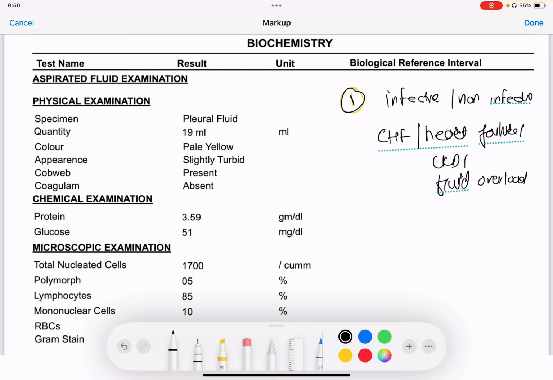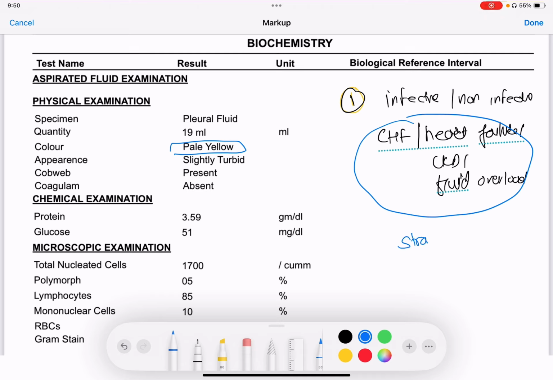The effusion can be gross, it can be moderate. So, what exactly is causing this? Whether there is an infection or there is a component of heart failure or CKD or fluid overload or hypoalbuminemia remains very important. So, in pleural fluid analysis, the color of the pleural fluid should be more of a